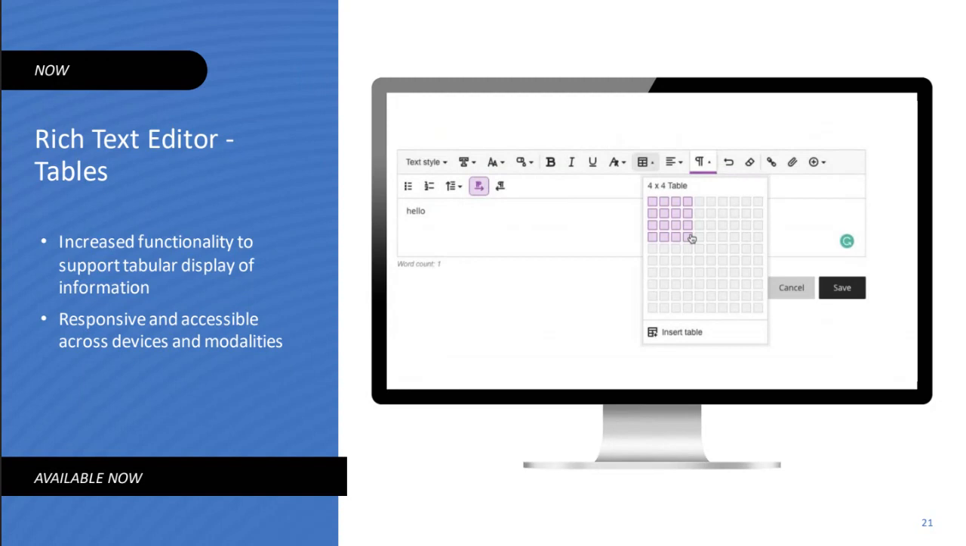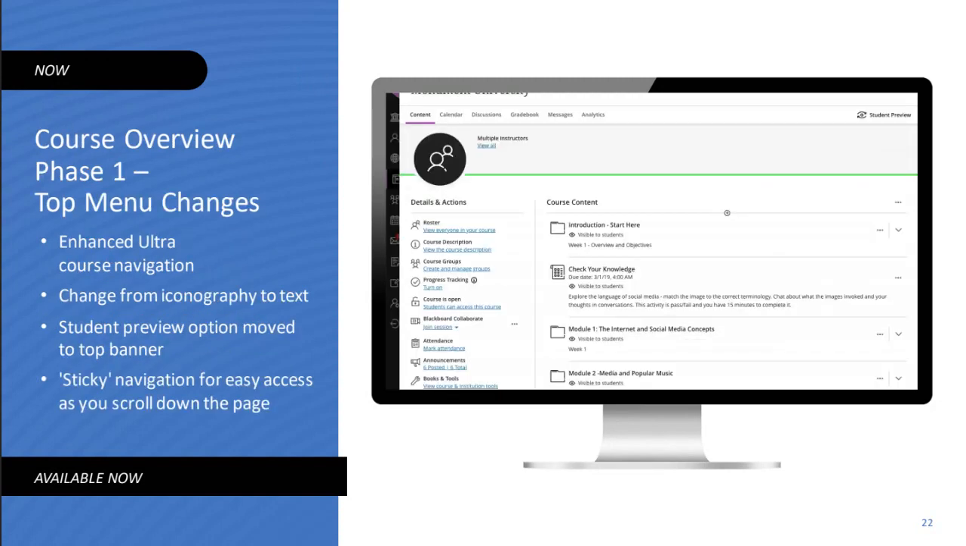Shifting focus slightly onto the Ultra course experience itself, the August release saw the delivery of the first in a planned series of improvements to the Ultra course page with the introduction of a new top navigation menu. This change was in response to feedback from the community that the previous icon-based menu was somewhat confusing to use at times. So with a new top navigation menu, we've moved to a text-based menu, and we've relocated the menu from the right-hand side of the screen to the left-hand side to better align with user expectations when navigating online